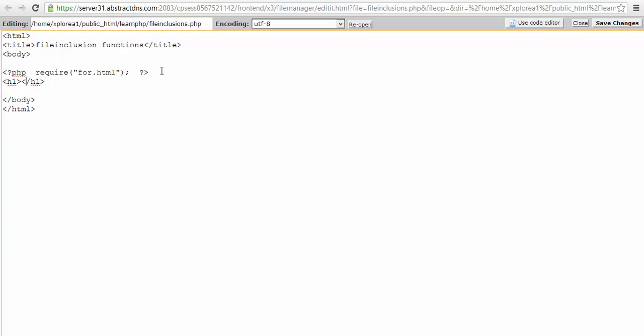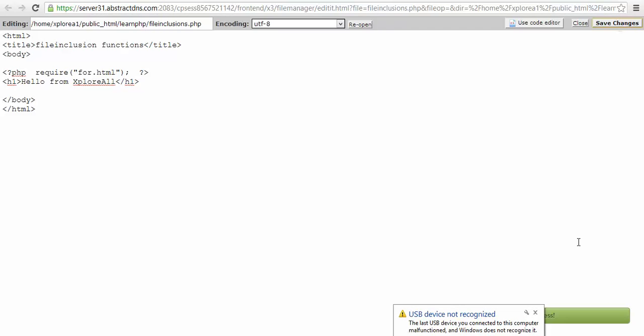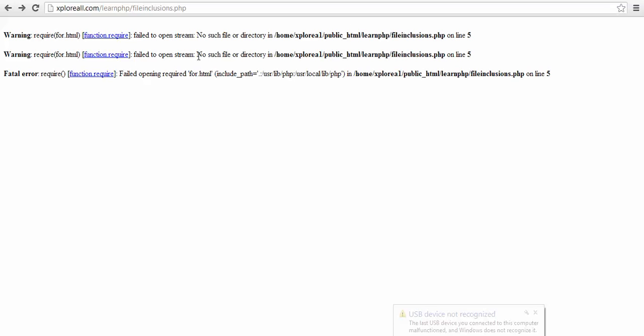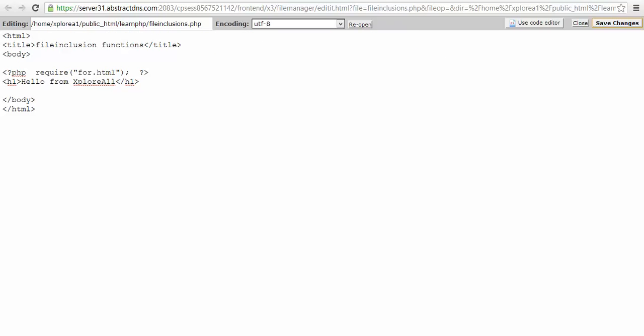Okay, hello from explore, things like that. And I just save this, and I'm executing this file inclusion file here. See here, you got an error, right? That is function require error. We have gotten a fatal error basically. So whenever you are using your require function,